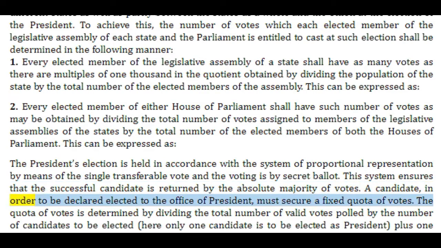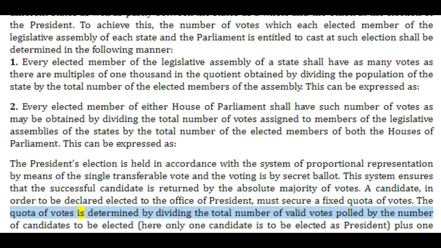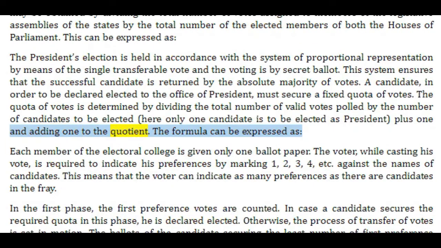A candidate, in order to be declared elected to the office of President, must secure a fixed quota of votes. The quota of votes is determined by dividing the total number of valid votes polled by the number of candidates to be elected plus 1, and adding 1 to the quotient. Here only one candidate is to be elected as President. The formula can be expressed as: